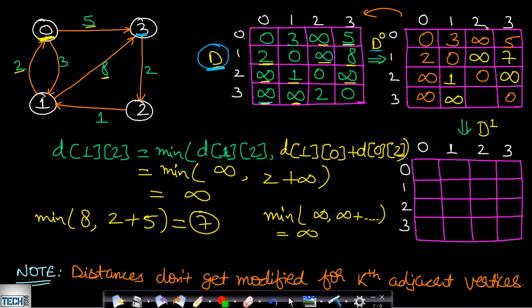Now we will see from 3 to 2. 3 to 2, the distance known is 2. So it will be minimum of 2 comma. Now via this 0 it will be from 3 to 0 and then from 0 to this 2. So 3 to 0 distance is infinity. So we don't care about the other part. It will come out to be 2. Okay, so the distances are not changing. So in this case we have just a single change, that is this part. It was 8 from 1 to 3 and now it is changed to 7 from 1 to 3 distance.